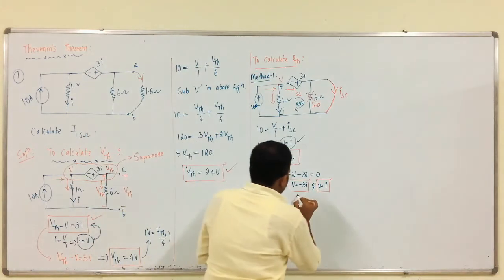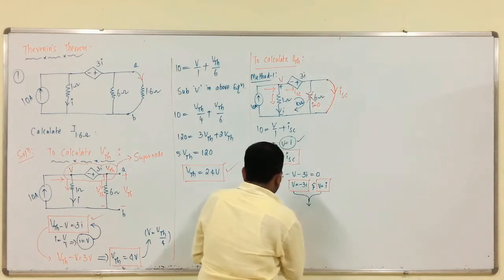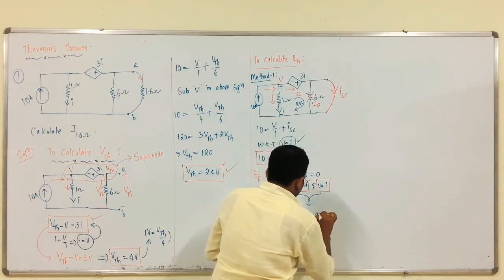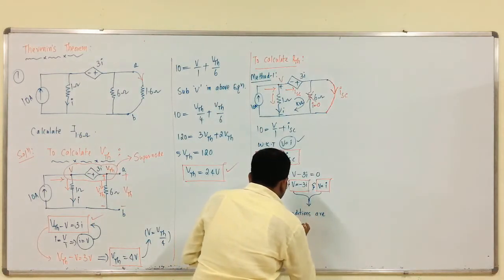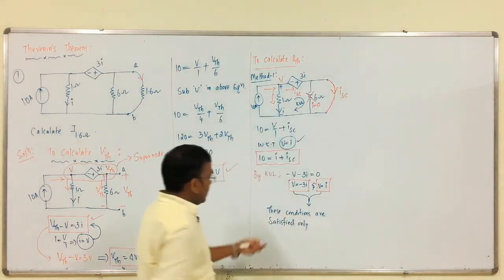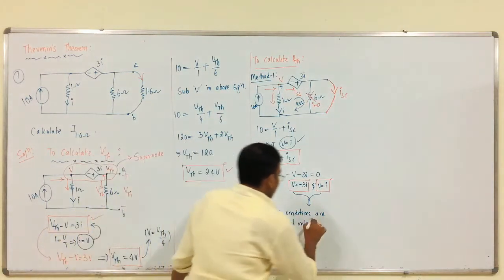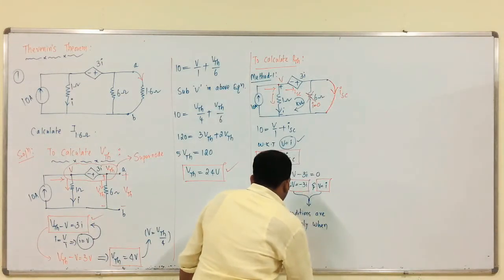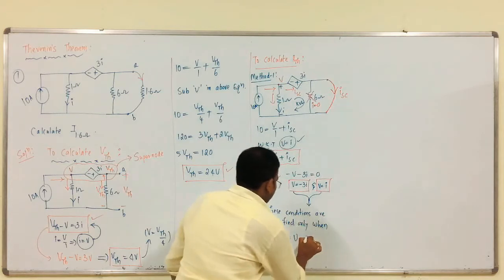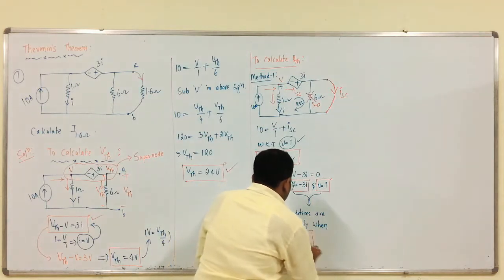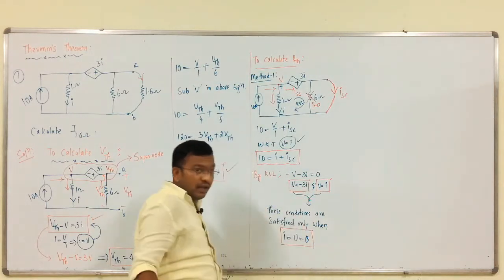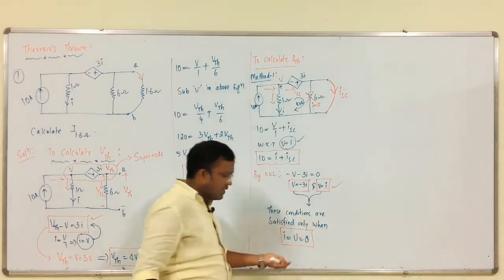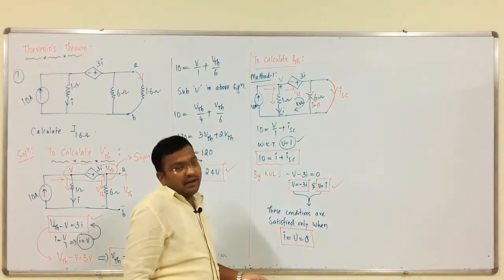So, these conditions are satisfied only when I is equal to V is equal to 0. If I is equal to 0 and V is equal to 0, then only these two conditions are satisfied, otherwise these conditions are not valid. Therefore,